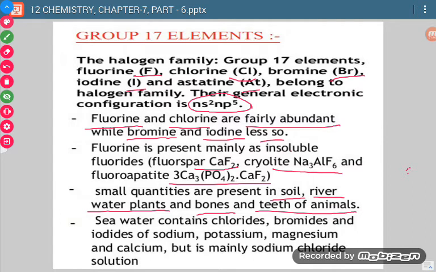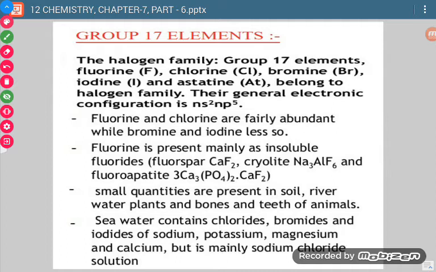Okay, seawater also contains chlorides, bromides and iodides of sodium, potassium, magnesium, calcium. Okay, but there is mainly sodium chloride in seawater. So what we say is that seawater is salty in nature, so it means sodium chloride is present in a larger amount, but other salts are also present, like chlorides, bromides or iodides. Okay, now